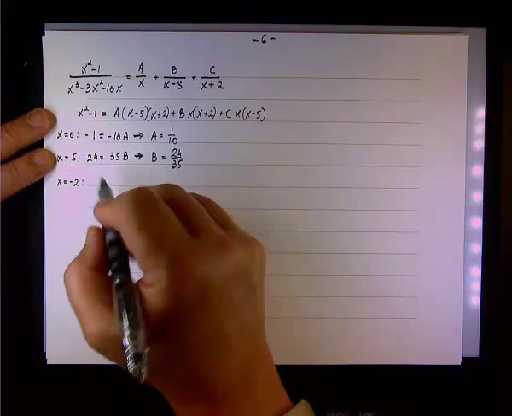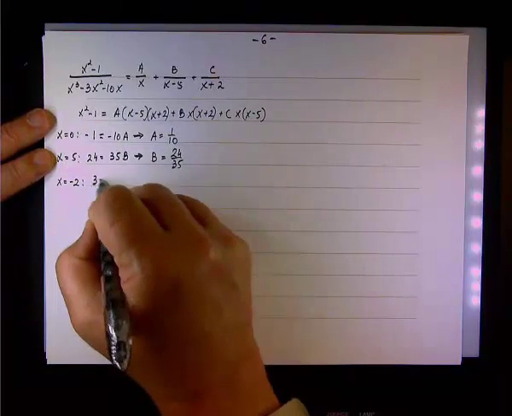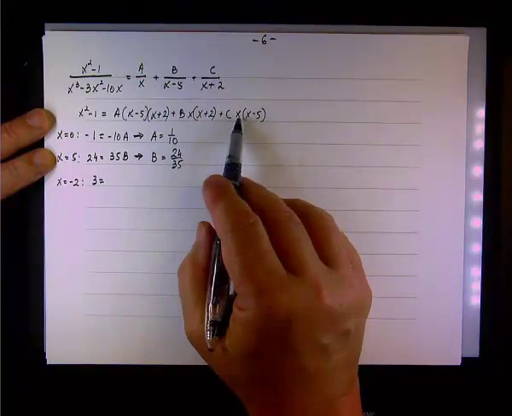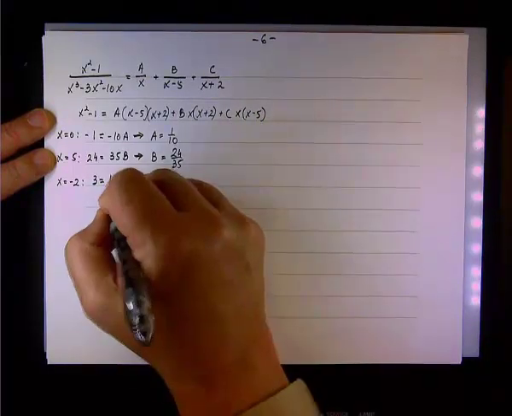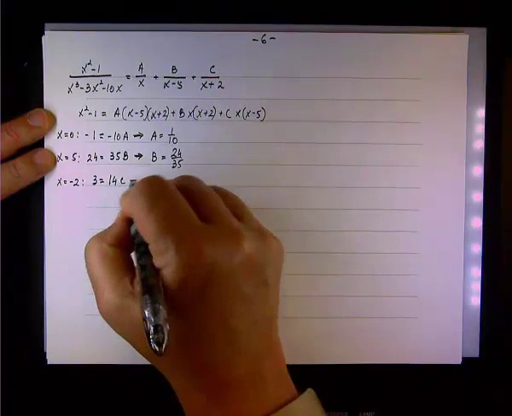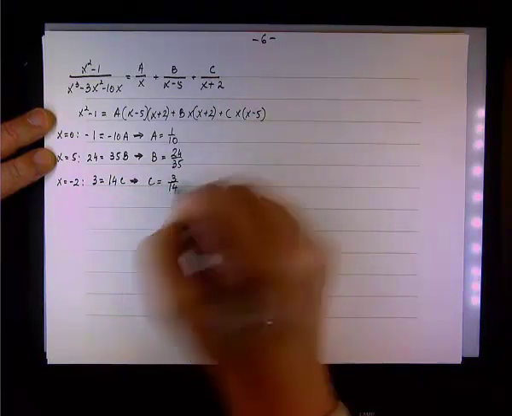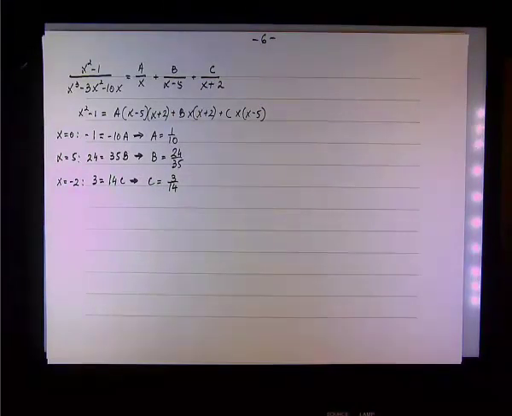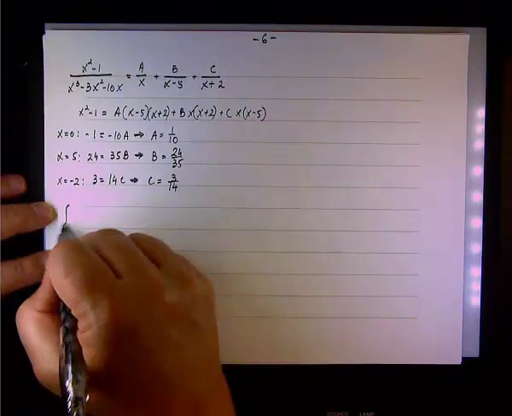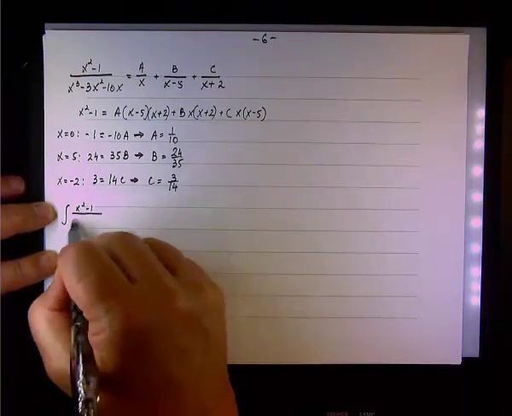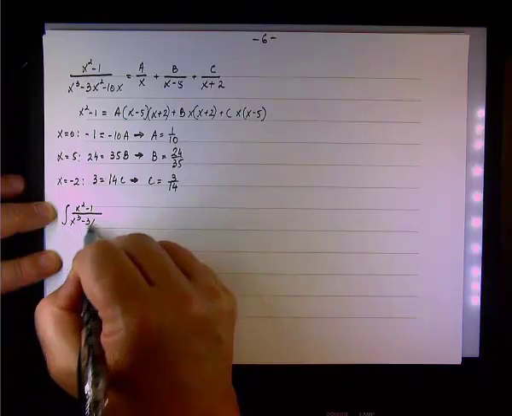And we let x equals negative 2. And the a term disappears, the b term disappears. What's left is the c term, where for negative 2 we have 4 minus 1. On the left we have 3. On the right we have negative 7 times negative 2. That will be positive 14. So 3 equals 14c. Therefore c equals 3 over 14. Yeah. So the integral